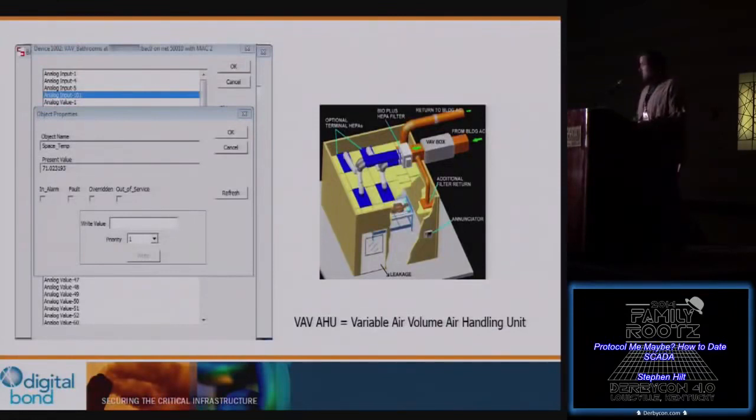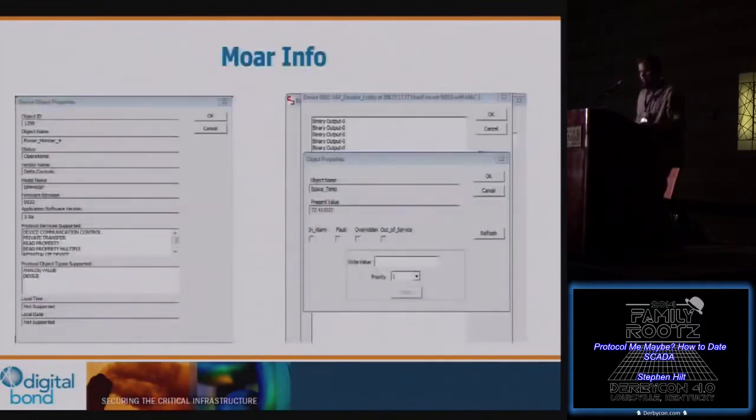So the VAVHUs, those are the air handling units, usually the VAV boxes. The space temperature is going to be that sensor on the side of the wall, like back in the room. Pulling that information, it was currently 71 degrees when I pulled that information out. You can go and pull more information even down to like power monitor spelled wrong. The point of that one, I pulled that one because I thought it was interesting, showing you that human people, the technicians, are actually entering these. They tend to be very, very descriptive, even if they are spelled wrong. And I'm not a good speller, so I can't really fault him for that one, or him or her.